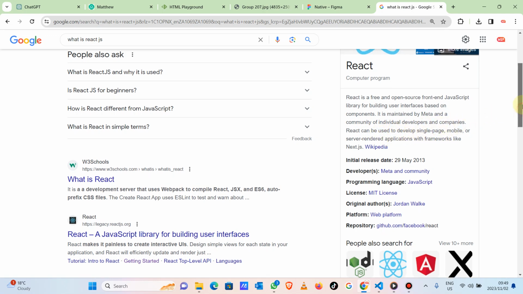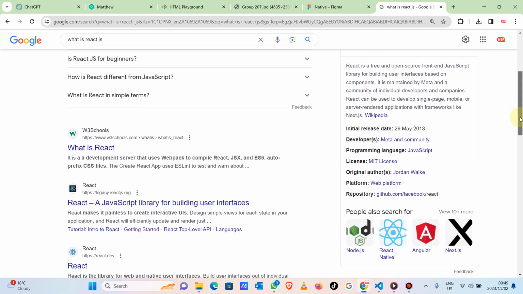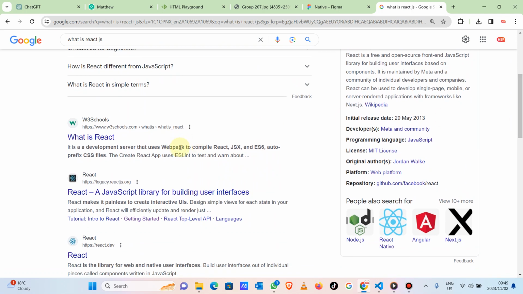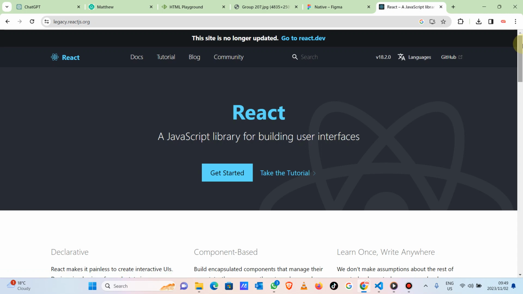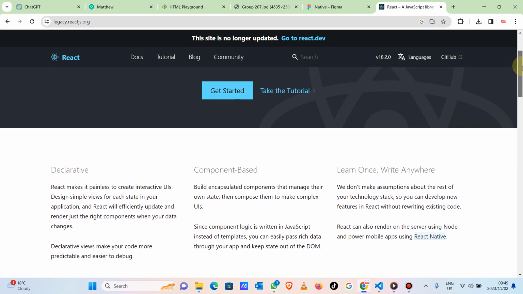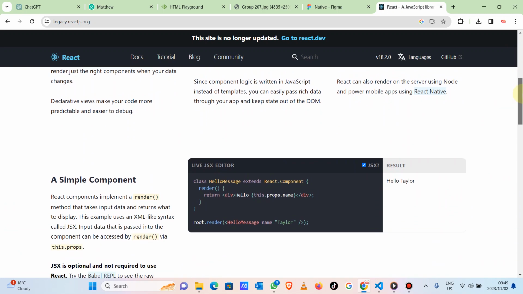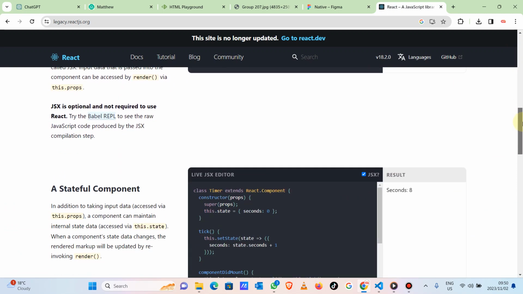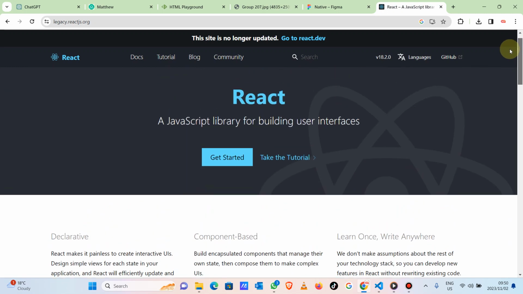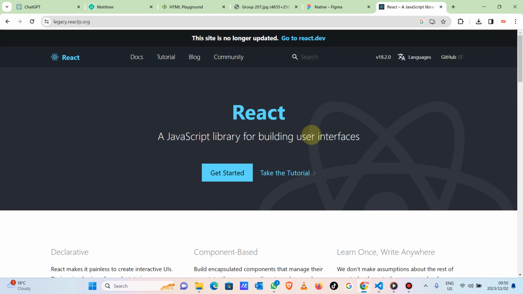This one doesn't really give us what a component is. For building user interfaces, let's click here. Get started.